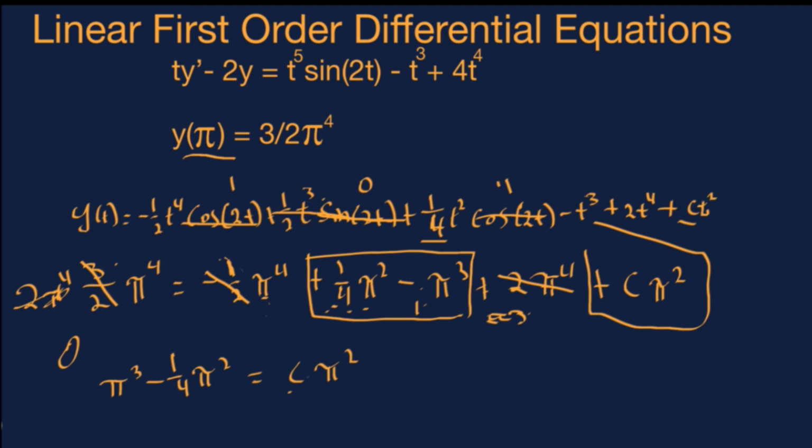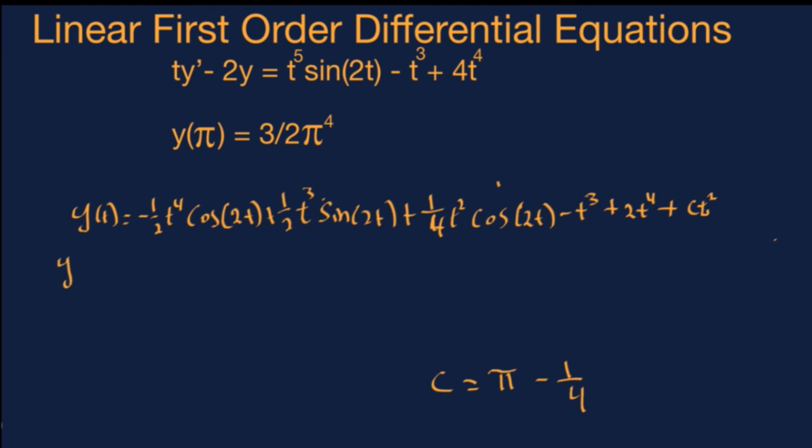And then when we divide pi squared from both sides, it cancels out on this side, and over here pi squared cancels too, so this becomes just pi. So you're left with c is equal to pi minus 1/4. And so now when you plug this value of c into the general solution, that will be our particular solution that satisfies the initial condition. And so that will be